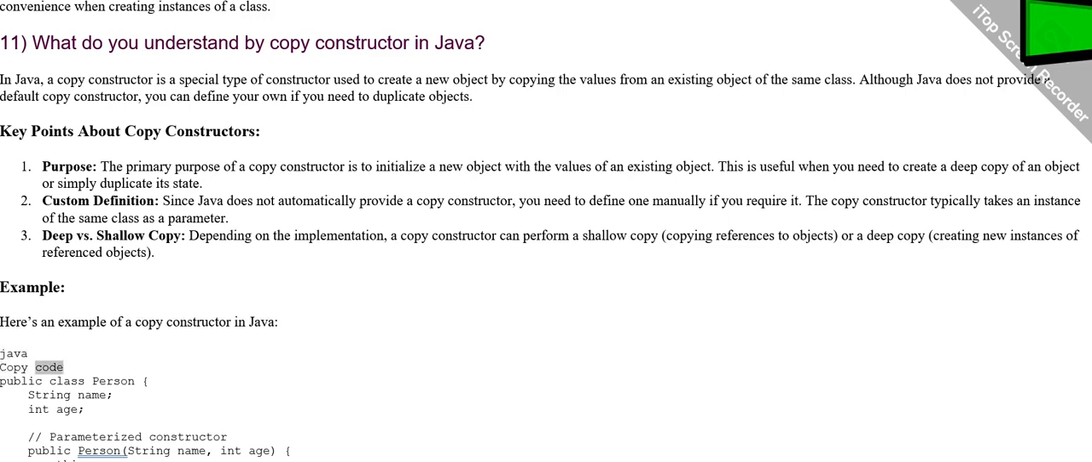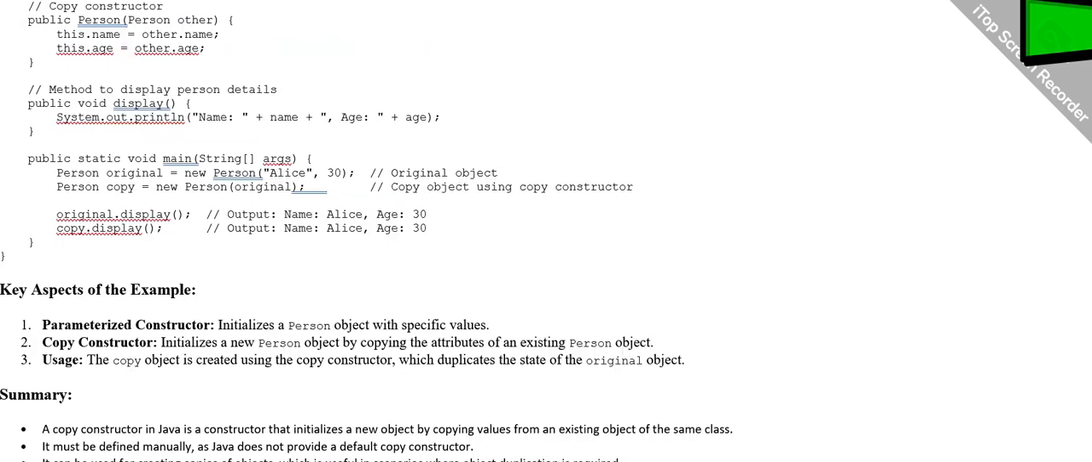Java. Copy code. public class Person { String name; int age; // parameterized constructor public Person(String name, int age) { this.name = name; this.age = age; } // copy constructor public Person(Person other) { this.name = other.name; this.age = other.age; }